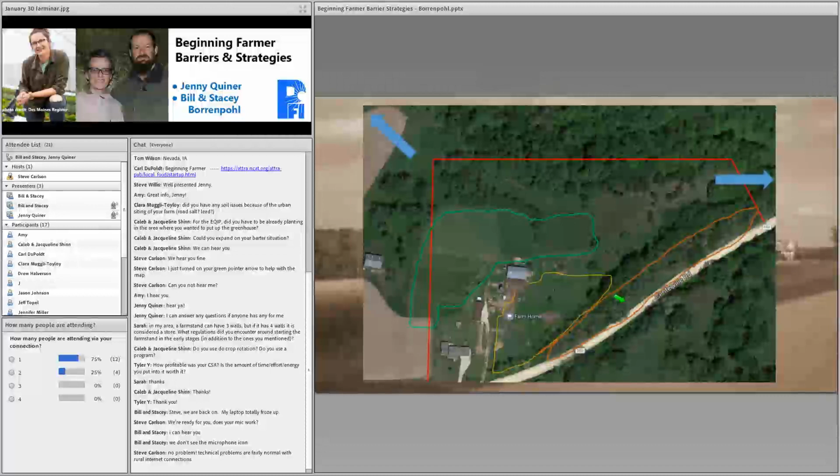And then the blue arrows over to the right and up to the northwest here, those are areas where we graze. We found that we can graze a lot of waterways and other areas that you wouldn't normally get into, and it's hard to get a tractor into them too. So we've been able to make it a win-win situation with the guy that owns the ground around us and also his crop farmer renter, to graze waterways and so forth, and actually do a lot of reclamation of that ground